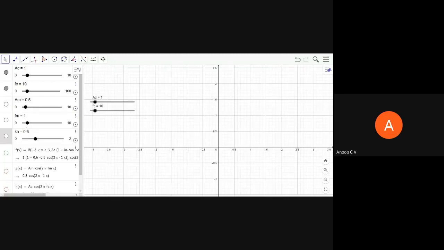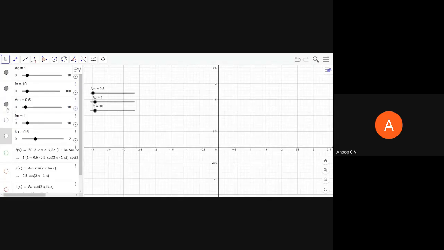The message signal need not always be sinusoidal. It can take any shape, but for any signal other than a sinusoid, it is not easy for us to simulate. Such signals are called random or non-deterministic signals, which cannot be expressed using a mathematical equation. So what I'm doing is using a sinusoid as the message signal. Of course, we'll study this in the next topic, that is single tone modulation.